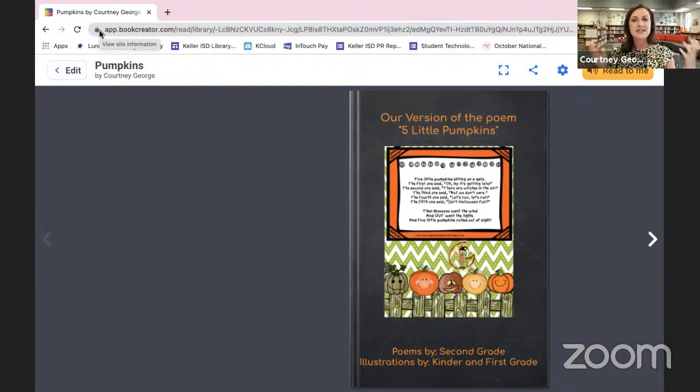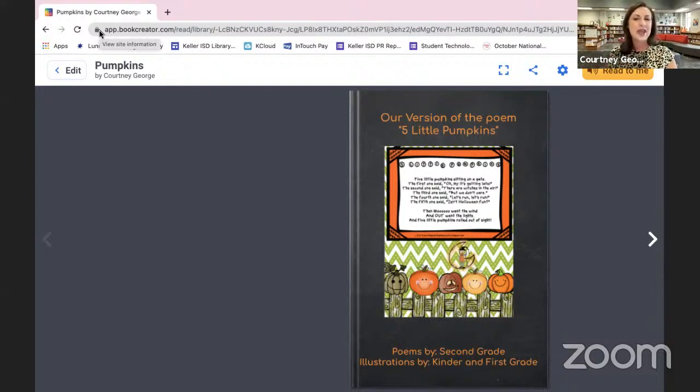After that, my second graders, we read the poem together, and then we decided that they were going to bring the pumpkins that kinder and first created to life in a book in Book Creator. So what I've done is in my library, I added, like Catherine was saying, I shared the code with all of my second graders after a little bit of trial and error getting logged in. Teacher tip, make sure that your kiddos know their login information. That would definitely help with that. But once the second graders got in, they were then able to take a picture first of one of the kinder or first graders' pumpkins.